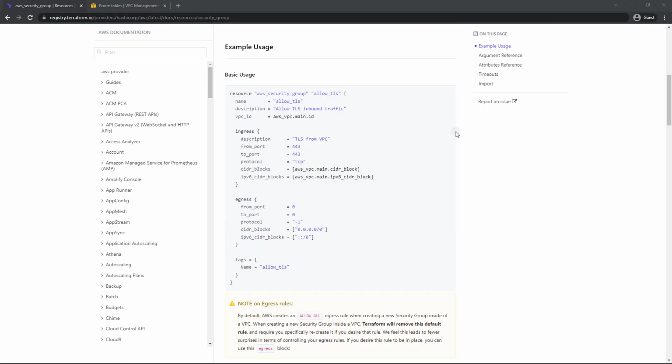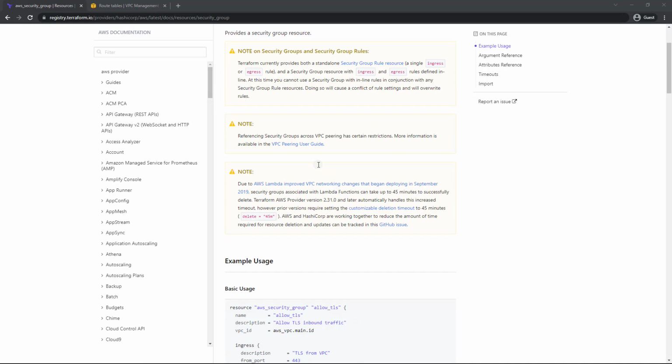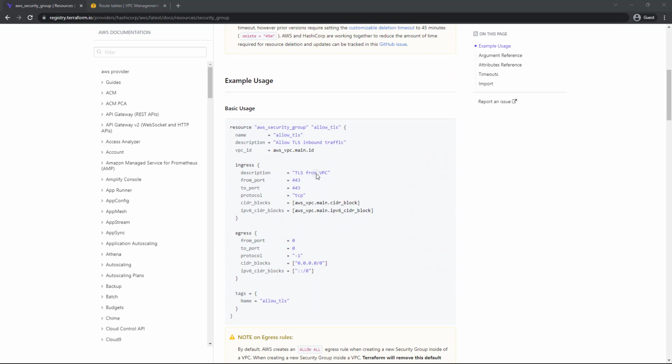As you can see, here is an illustration of the usage of a security group. Now, in this case, they've actually defined the ingress and egress in line, which is perfectly fine. Now you can specify them separately, as you can see by this note, as a security group rule resource, just like we did with a route resource. But this is perfectly fine. Now in your organization, you may find a benefit to adding separate resources, but in our case, this will work